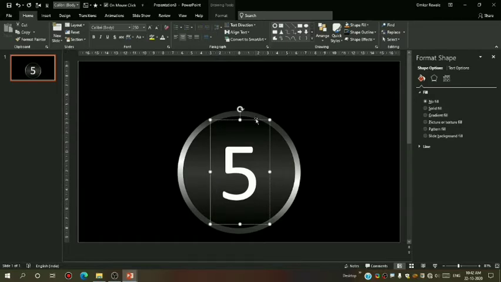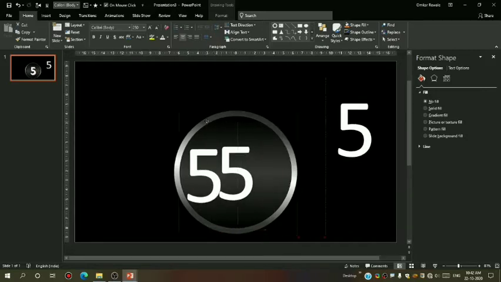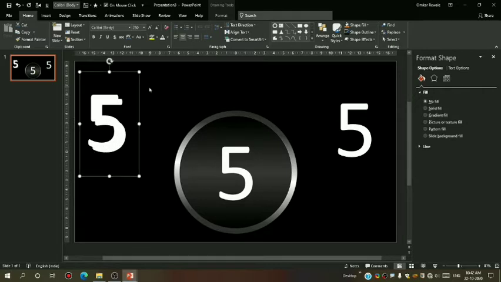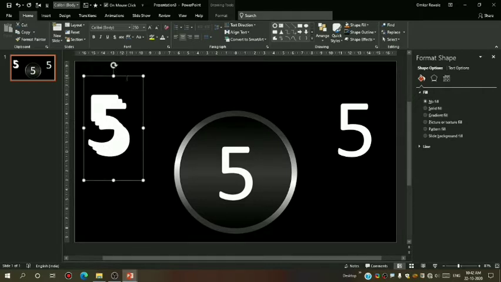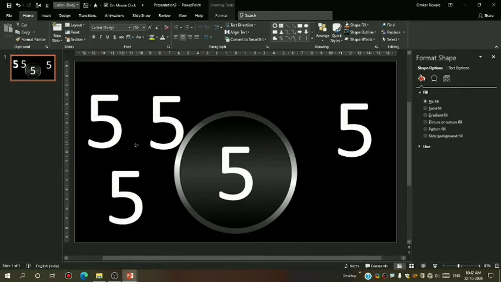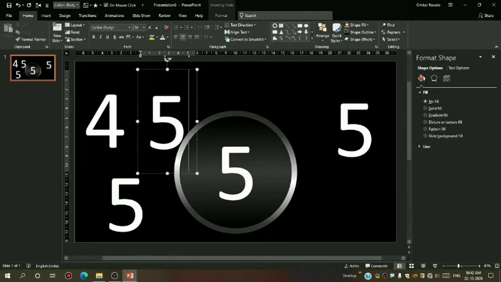Now hold this and press Ctrl plus D. Now take them to separate positions. Again let me make 2 duplicates. Okay, now this is fine. Now let us give this number 4, this number 3, 2 and this one 1.